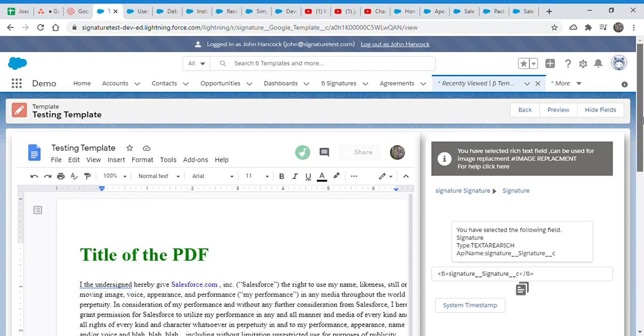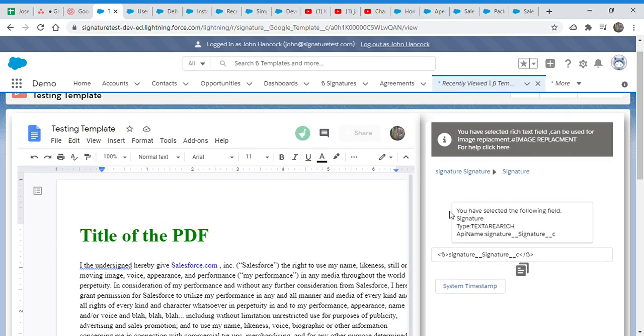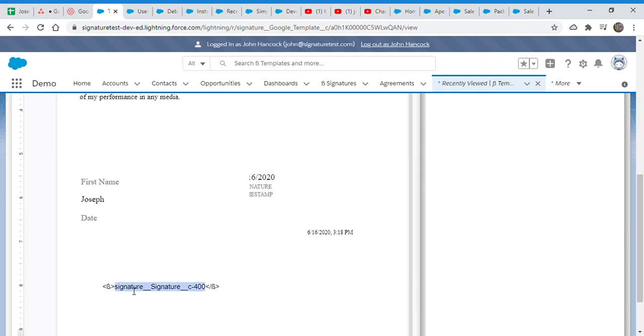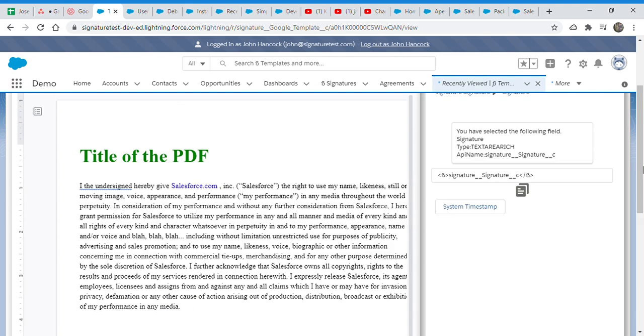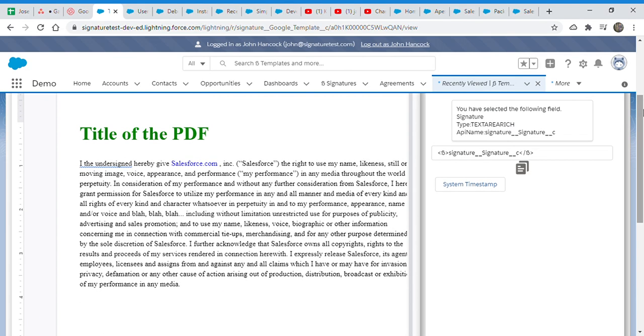Other than that, you can see here the text: you have selected this area field, it can be used for image replacement. So you see here, as a notification I put, if restrict area is selected, it can be used for image replacement only, not for any other purpose. So let me know what we should do for restrict area. If we generalize this restrict area, how should we know that it has an image that we want to put? In our case the signature field has an image, we know that this is used for image only. Okay, so there is that.